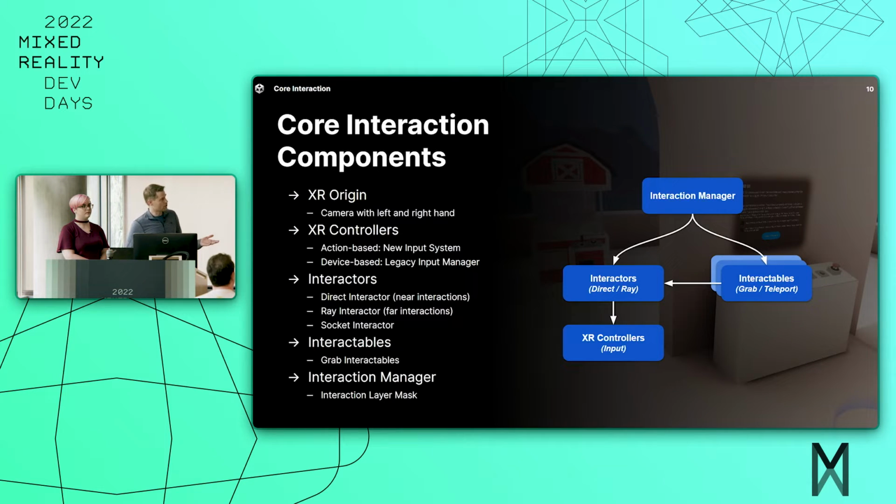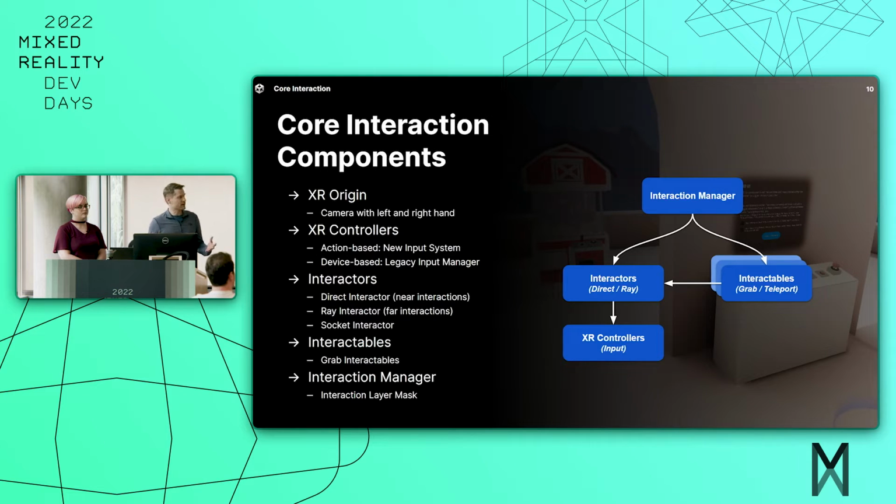To begin with, you have your XR origin. We've wrapped this with some nice creation tools that allows you to create an origin, creates your play area, along with your left hand and right hand, and then controllers depending on which input model you're choosing. So the XR controllers, you can see we have two of them there. We have the action-based controller, which is wired directly to the new input system package. We also have the device-based, which is wired to the legacy input manager. But keep in mind that if you are using OpenXR, we only currently have support for the new input system, so you'll be using the action-based manager or action-based controllers. So below that,